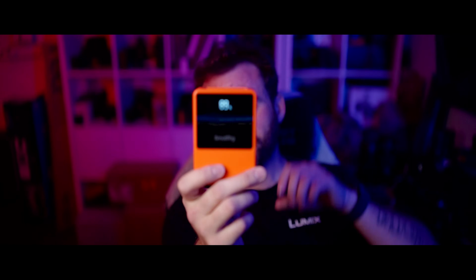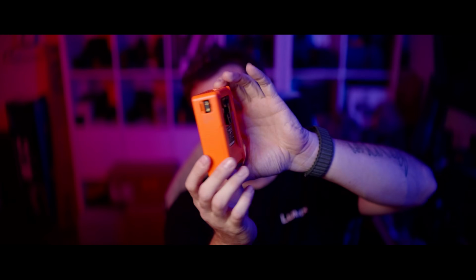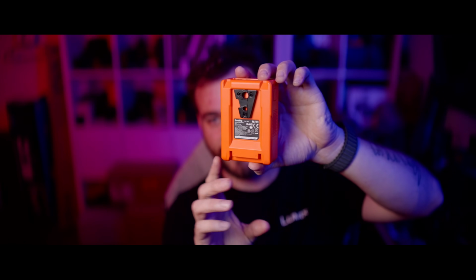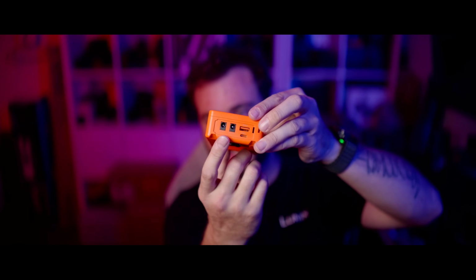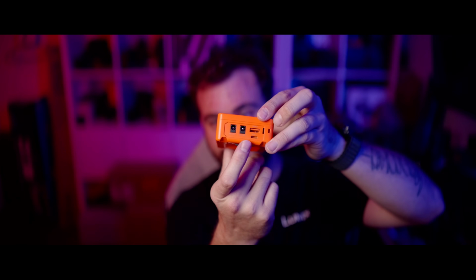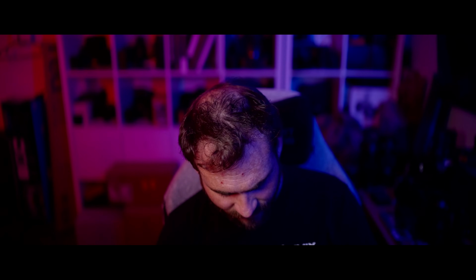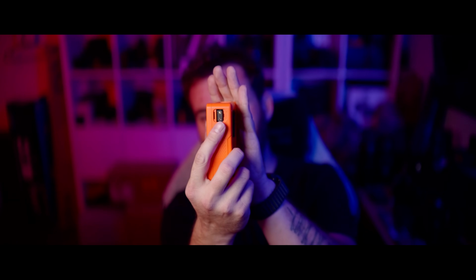What's the best recommended power delivery power bank for the GH7? Personally, I am in love with this. This is a SmallRig V-mount battery. So this is a standard video cinema oriented V-mount battery that has USB-C, so I can charge and output over USB-C. It's got dual barrel jack outputs that I think are 12 volt and 8 volt, and then you have a D-tap on the side. So depending on what you're trying to power,